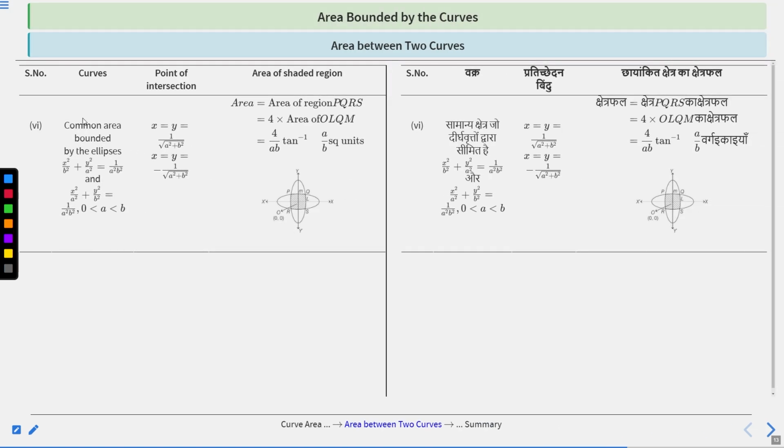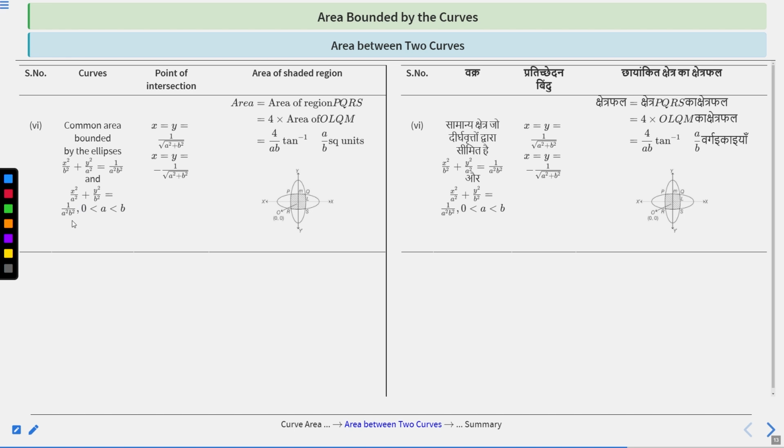Next curve is the common area boundaries. Common area bounded by the ellipse. We have two ellipses. One is a horizontal ellipse, one is a vertical ellipse. Therefore, the two ellipses can be represented as x square by b square plus y square by a square is equal to 1 by a square b square, and x square by a square plus y square by b